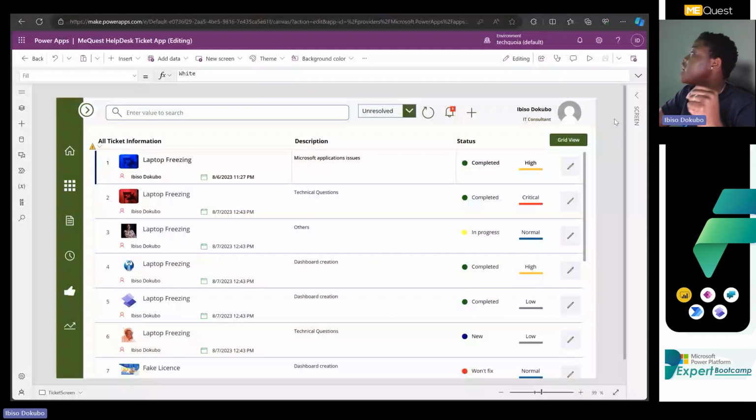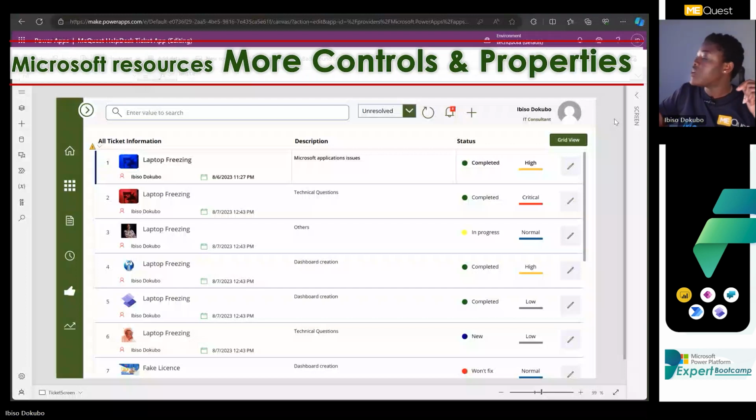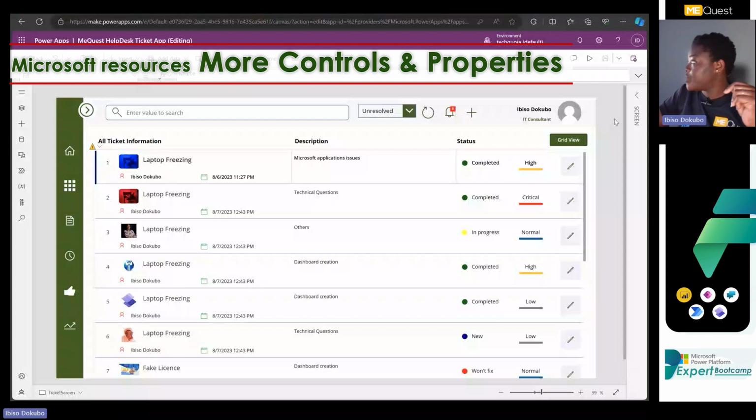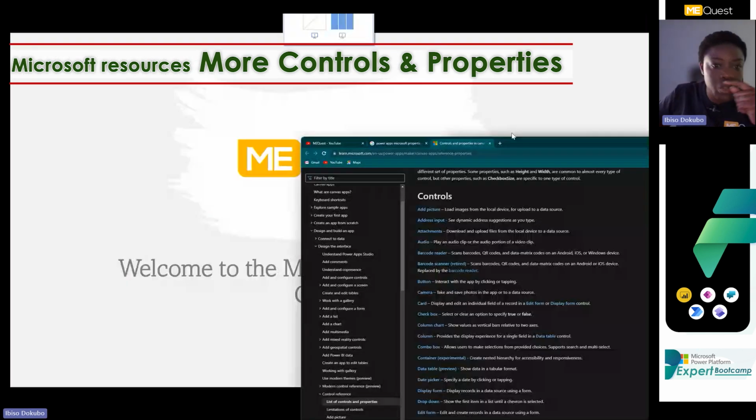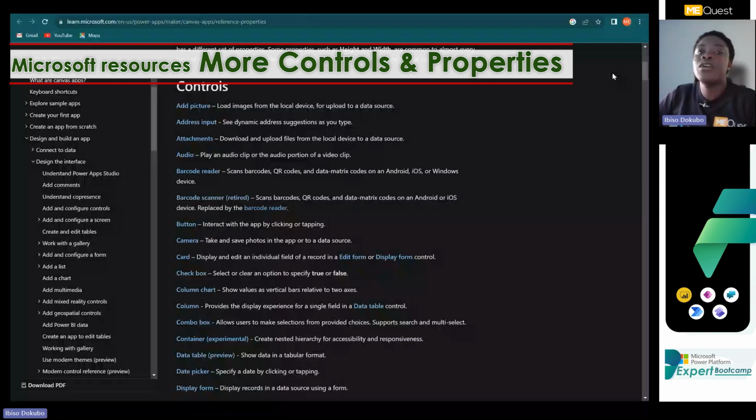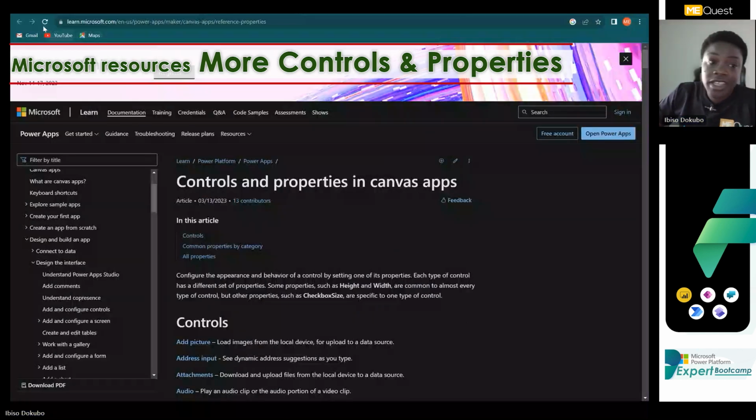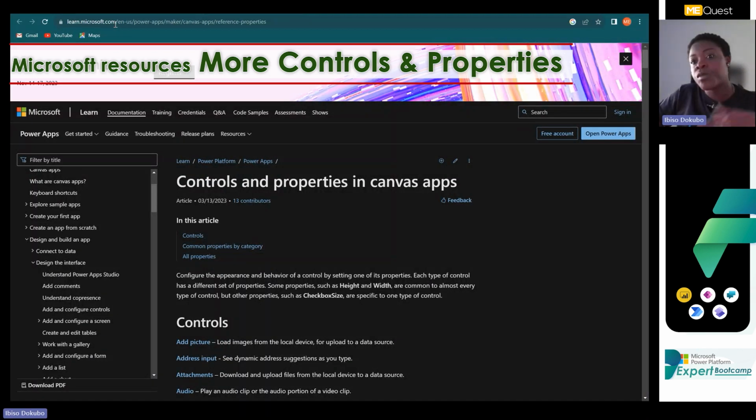All right. So now let's assume that you started making some solutions, and you actually want to learn a lot of things about Power Apps. Of course, Microsoft is very loving and likes helping their people. So they always have learn.microsoft.com, where you can learn anything from start to finish. Not everyone can learn on their own. Some would definitely need mentors like us to guide them through. But for those that are very good at learning things by themselves, you can